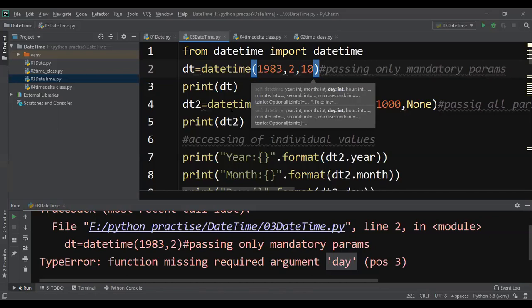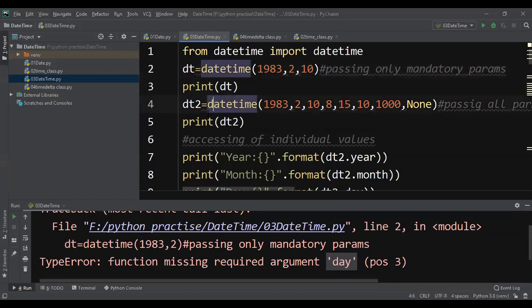Why are they optional? Because those parameters have default values. So if you don't give the parameter value when you are calling the function, those default values will be assumed. But the first 3 parameters don't have default values, so when you are calling, if you don't give any of those first 3 parameters, it will throw an error, that is type error. Okay,